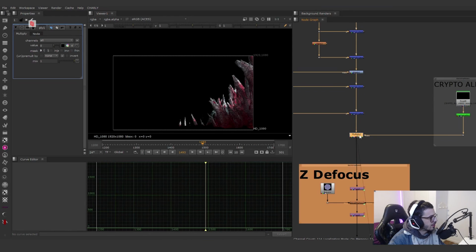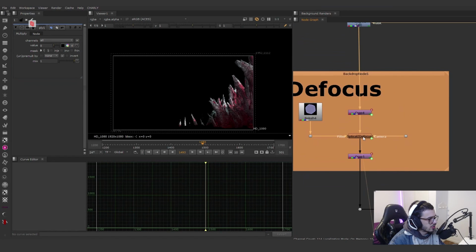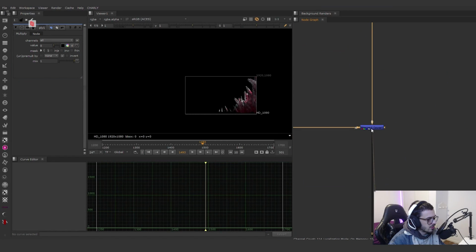We are multiplying the mask with everything, so we're removing the other defocus, and we are adding it to